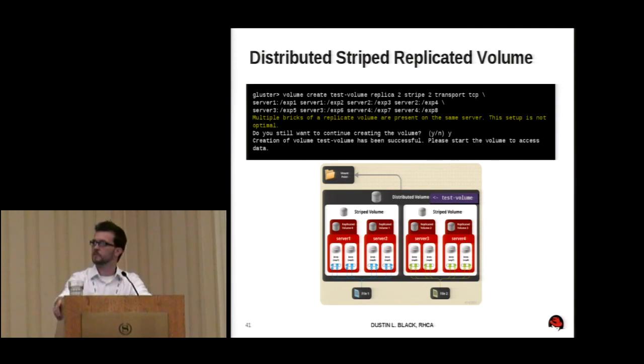So just taking a look at the pieces of the command that set this up. You can see that the test volume name that I gave it when I passed the command is the distributed volume, which is the top level of the logic that we're looking at. The next piece was the replica 2. So if you look at the graphic, you can see by the way the graphic is laid out that it's replicating between bricks on the same node. And then it is striping between the replicas on the 2 different nodes. And then finally, the distributed volume, it's doing this essentially twice.